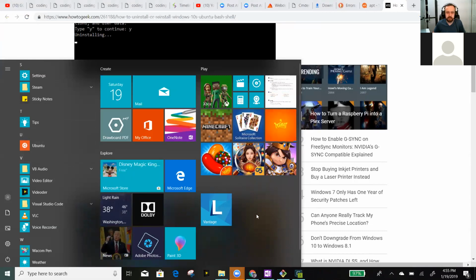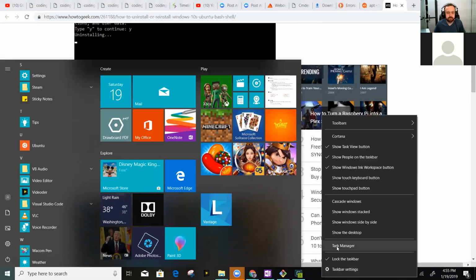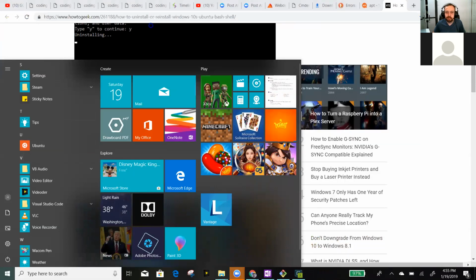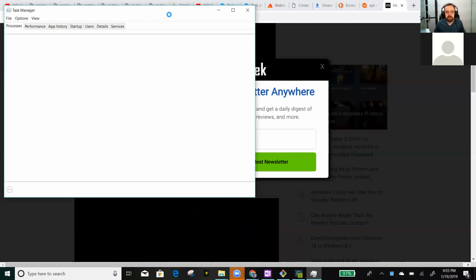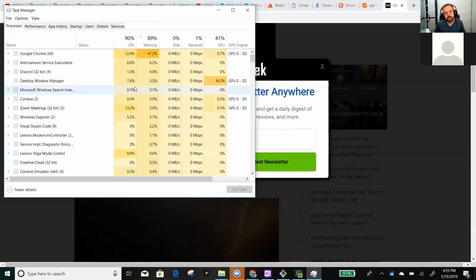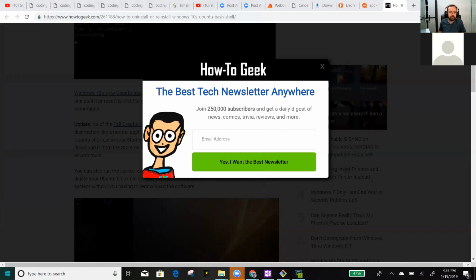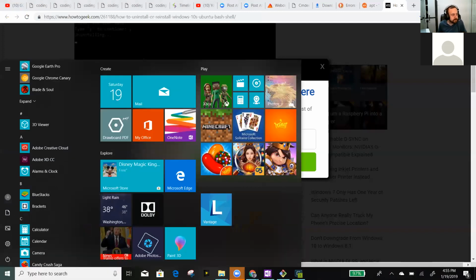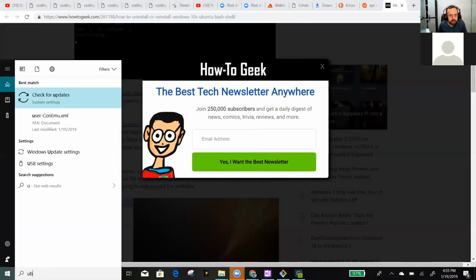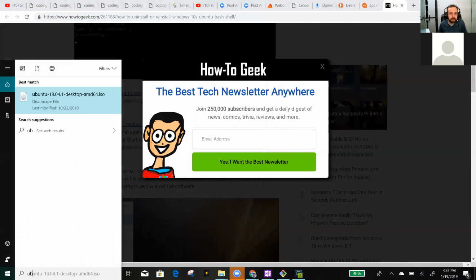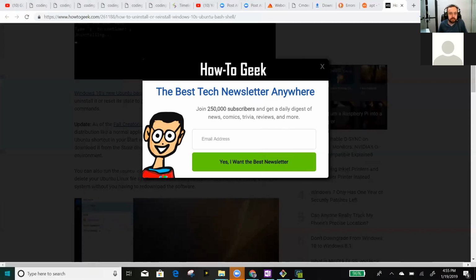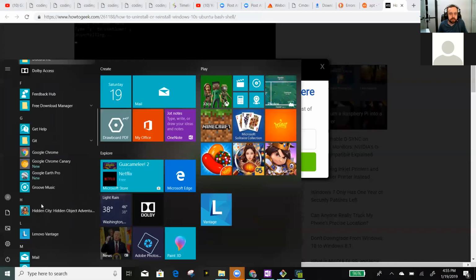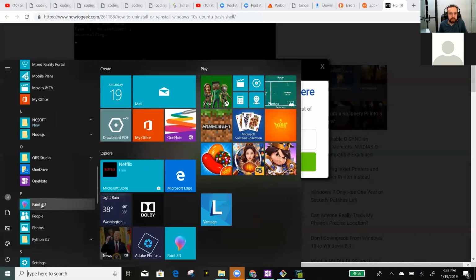Is it working? I don't know. My fans got louder. Probably doing something. See what happens if you try to open it back up again. Ubuntu. It's something installed. It's uninstalled. Okay. So